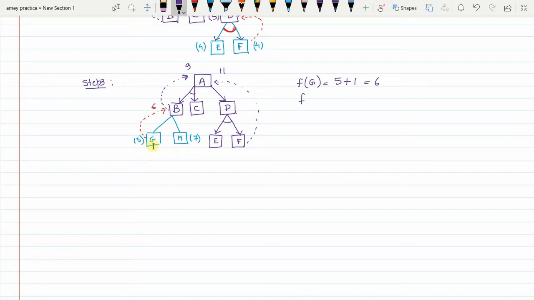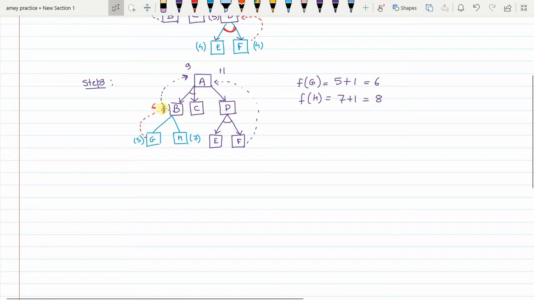And if f of H is calculated, then it is nothing but 7 plus 1, that is 8, right? So since it is a minimization problem, 6 is selected over 8, so that means node G is selected over H, and after selecting G, what backup value do you get at B? It is 6,